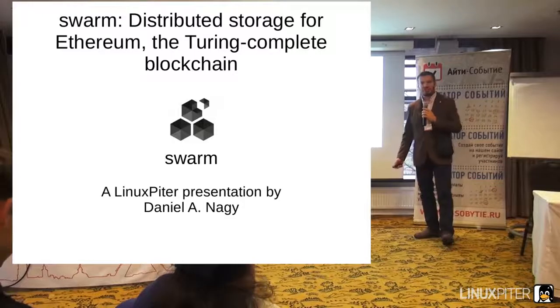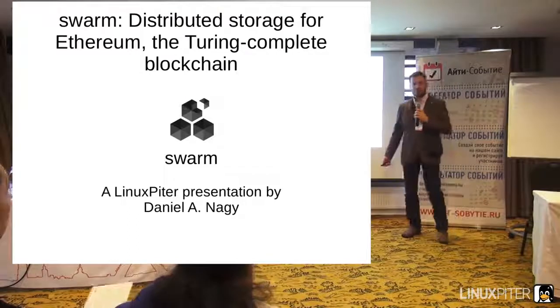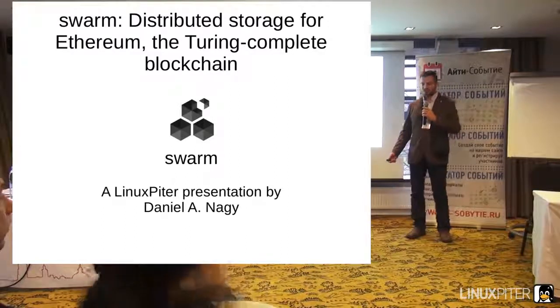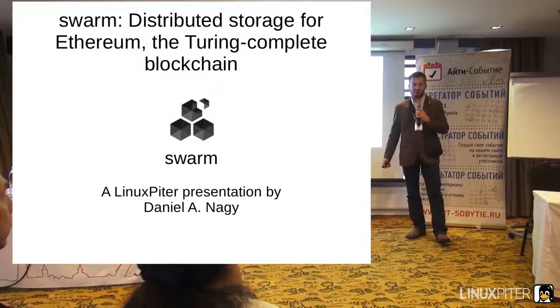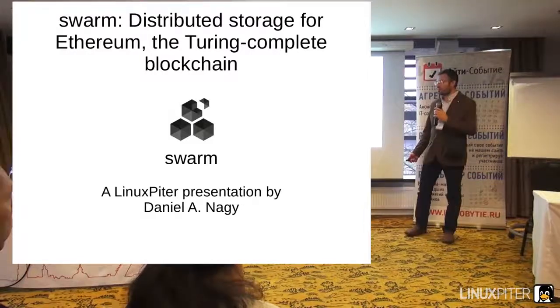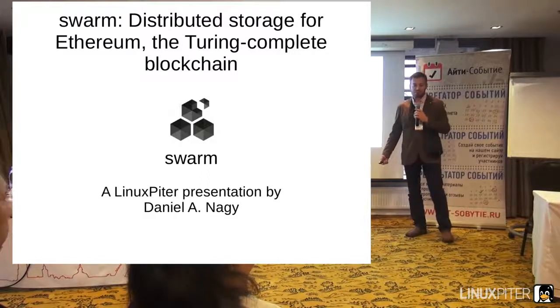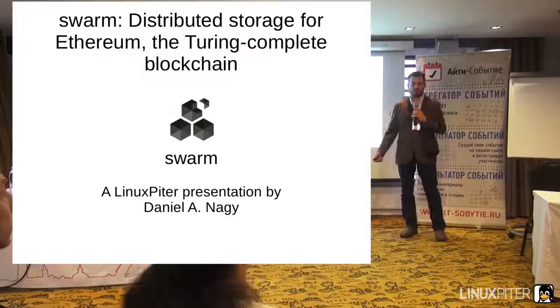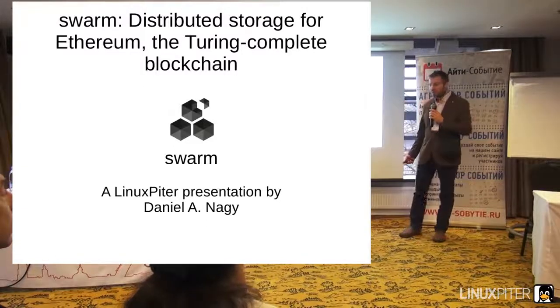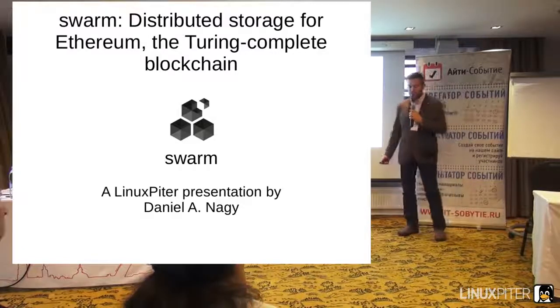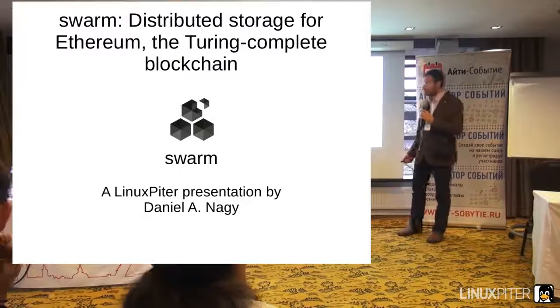What I'm going to be talking about is yet another distributed file system, a storage system, which differs from the ones that you're familiar with in that it is resistant and secure against so-called Byzantine faults. Usually the distributed file systems that we're dealing with are secured against crashes. Some nodes can go offline, they may lose information, and so on. But in this case, we are dealing with nodes that are malicious, that want to deliberately sabotage the system.